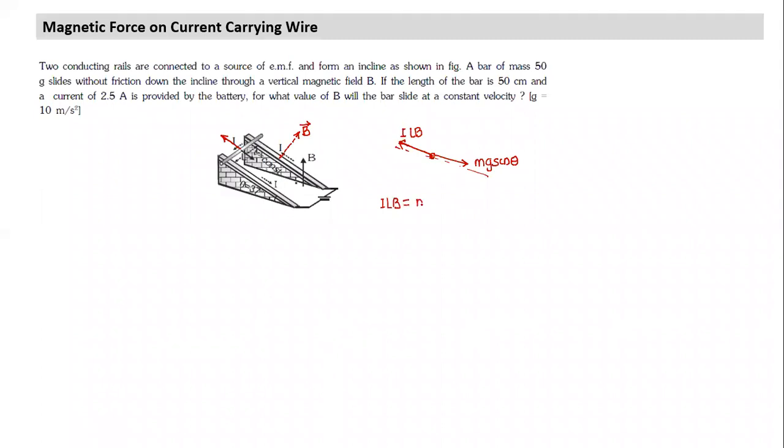That's the condition for zero acceleration. So the effect of a change in the direction of B is to change the direction in which the force acts. But even when B is perpendicular to the inclined plane, just notice the direction of B has changed, but it has still remained perpendicular to the L vector. This is something all of you should make a note of. So that's the implication. Whenever you have such a question, you should understand how the answer changes. Okay, let's move on to something else.